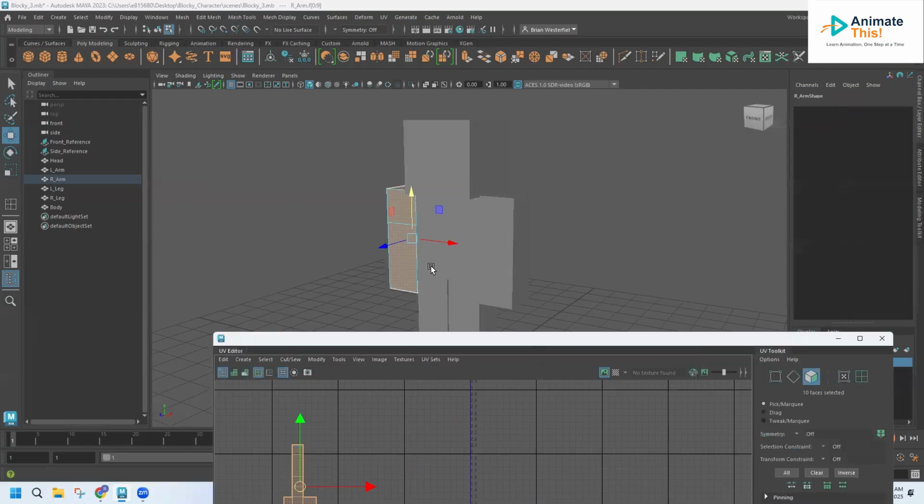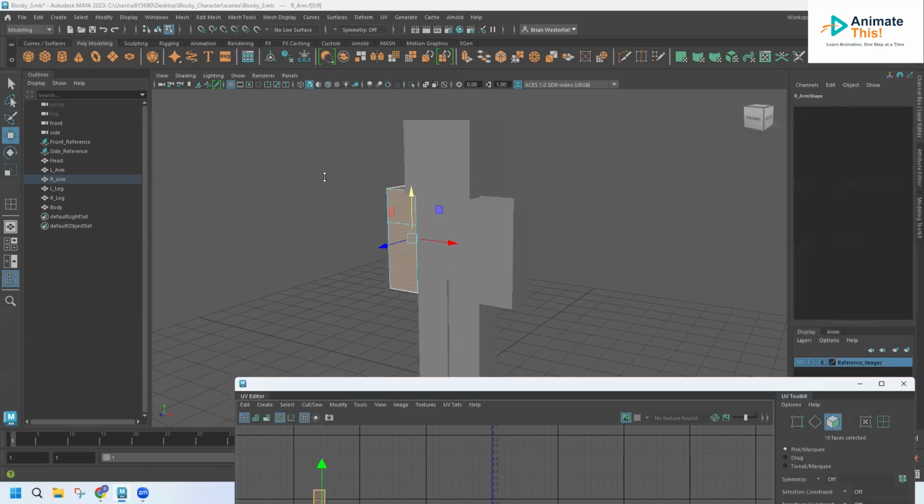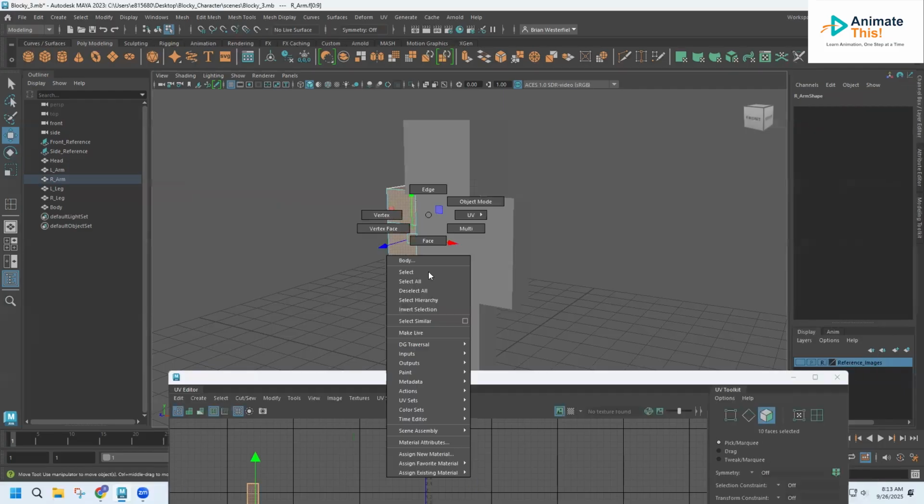And this one, because of the way we did it, we duplicated it, but now it's on the opposite side. Actually, no, we didn't mirror it, so we're okay. We should be okay. So next we'll go to object mode,